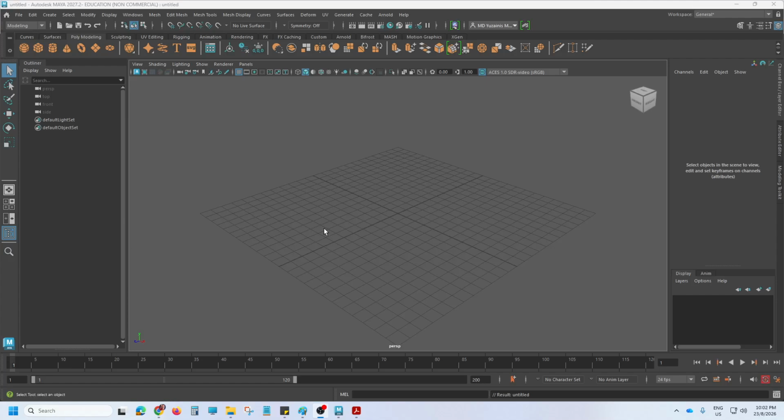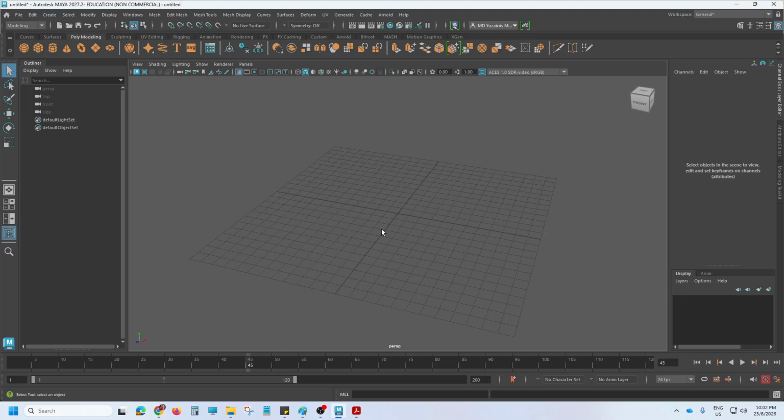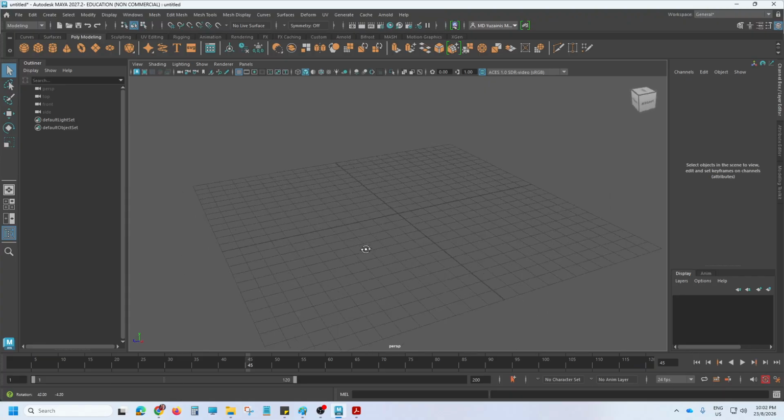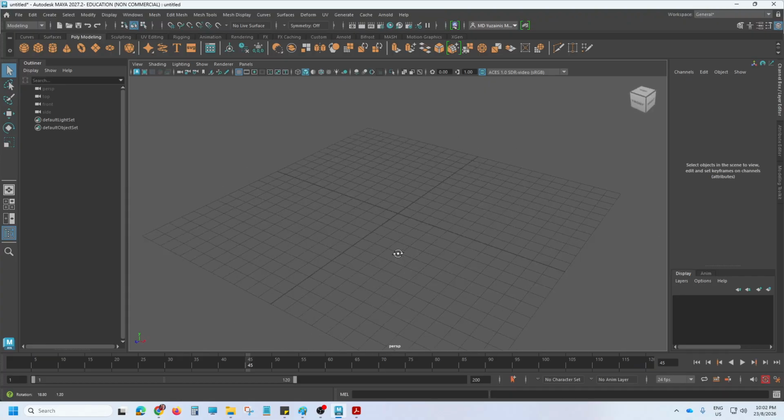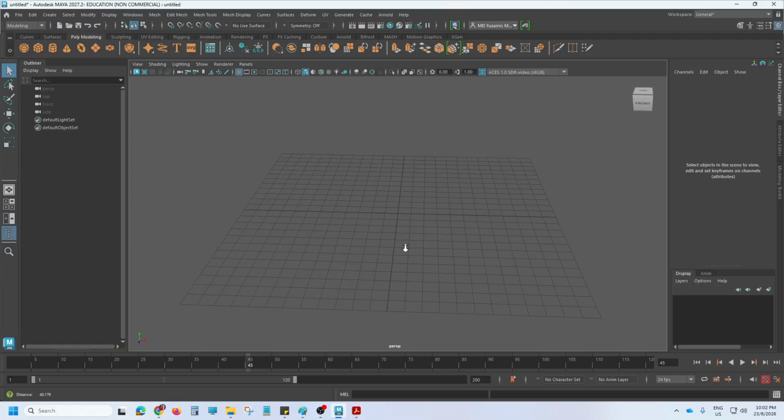Okay, now that you know the basic user interface of Maya, and you know the basics of animation inside Maya, the next part we will cover is about the mesh. Now let's get into the mesh